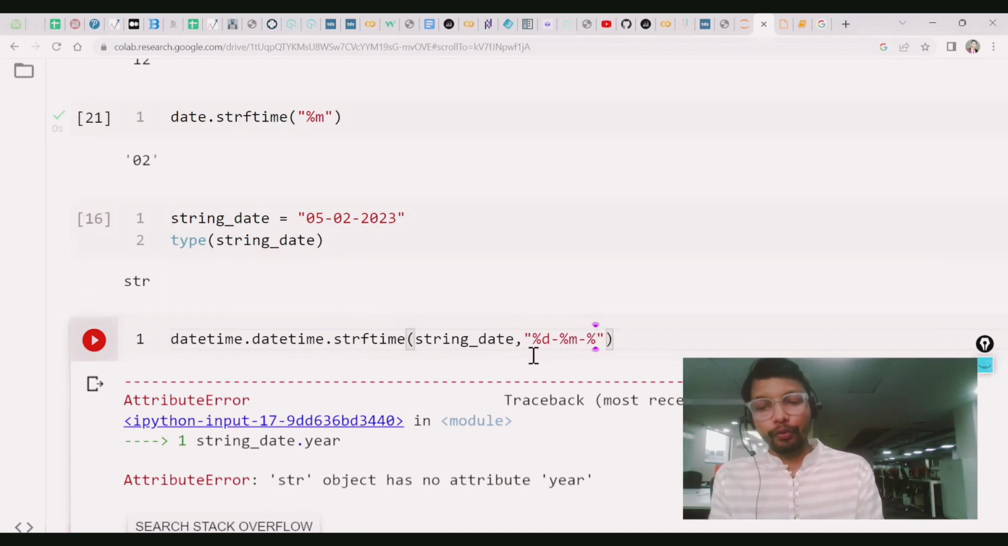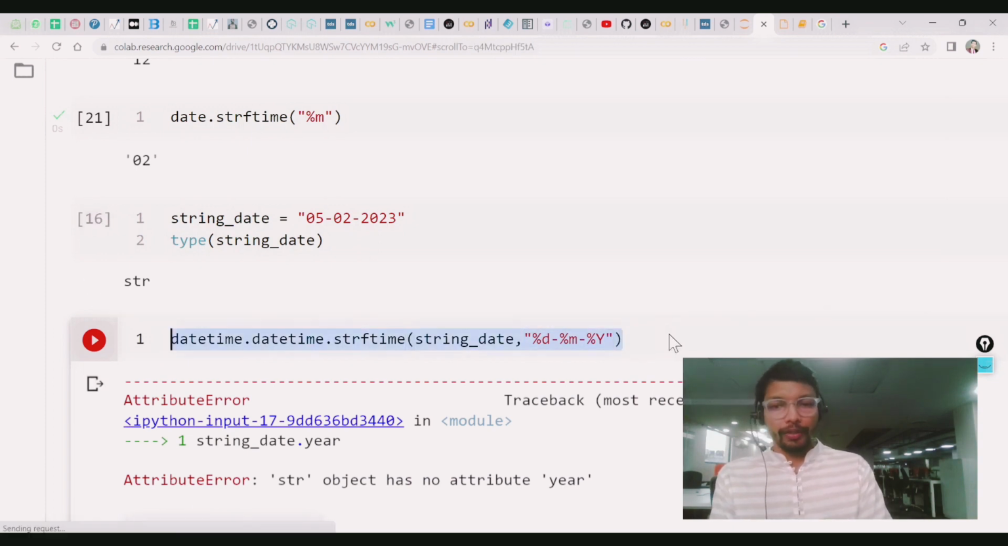So for this you have to write capital Y. So over here you have given the string, and here you have defined how this string is present in the date format. First date is present, then month, and then year is present. So this is how you have to write. If you run it,